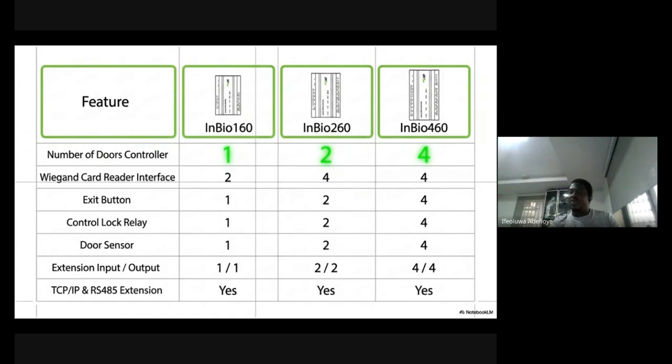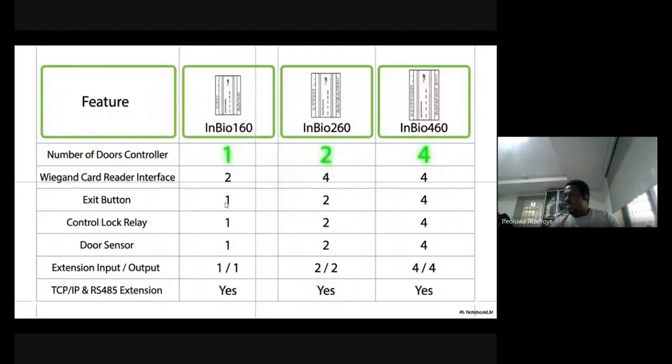For the one door, you have 2 Wiegand interfaces on the controller, which means on one door you can do reader in and reader out. Since this controller supports just one door, you can have a system of authentication in and a system of authentication out